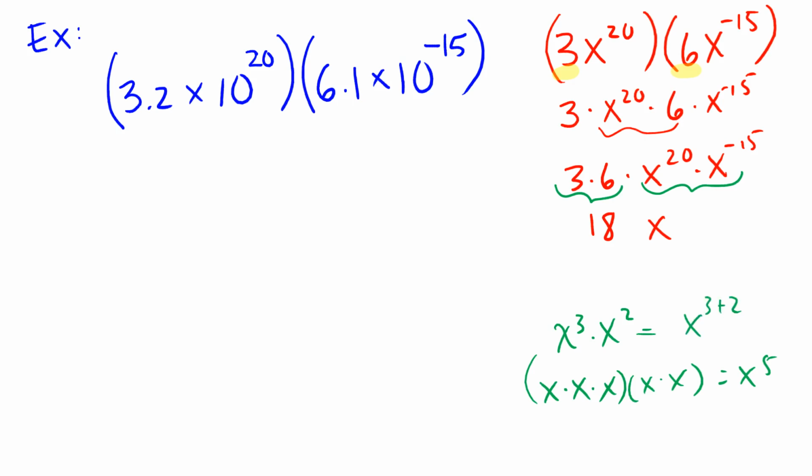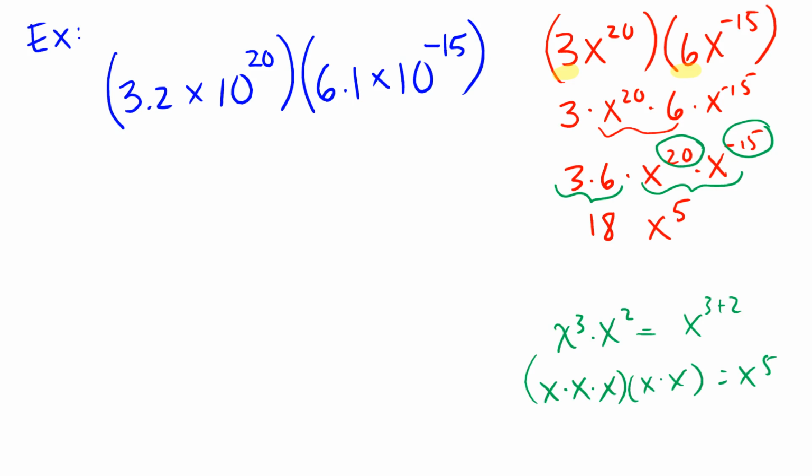There's lots of ways to show this to yourself by simply writing things out, just like we did in that one worksheet where we discovered all those exponent rules. Don't memorize them. Prove it to yourself that what you're doing is correct. So in this case, we need to add 20 and negative 15, which we will do carefully and get a positive 5. So same business is going to happen over here, except I have a 3.2 and a 6.1,